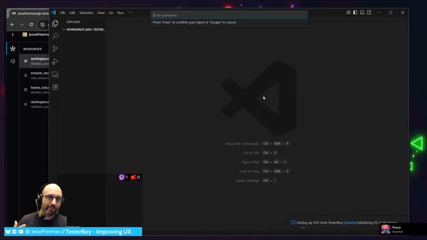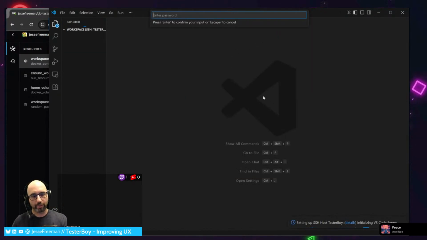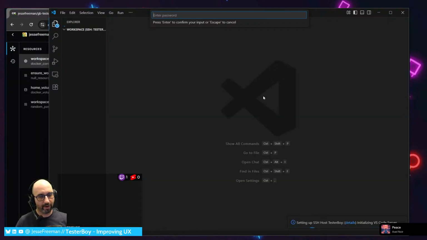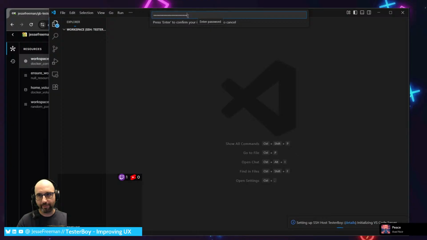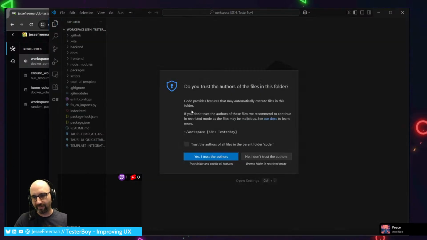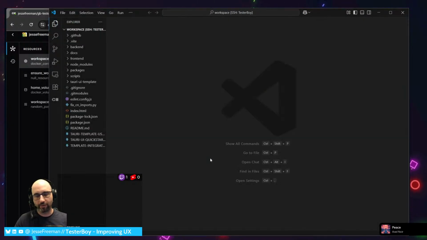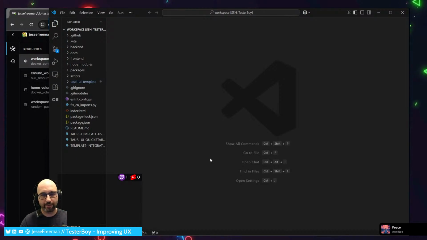So what I've done is I have Coder, which is sort of a dev environment orchestrator, running on my local server here, which is a Mac Studio. And in each of the containers that it creates for these workspaces, I have a little instance of SSH running. So I can just SSH directly into the container. Sometimes I have to jump through a bunch of hoops like you just saw, which is annoying,